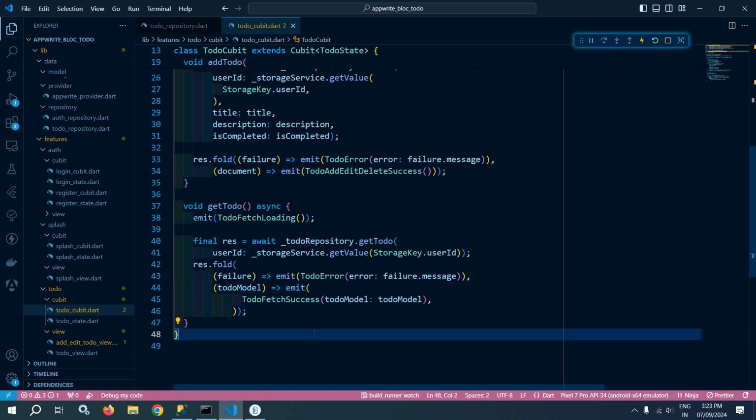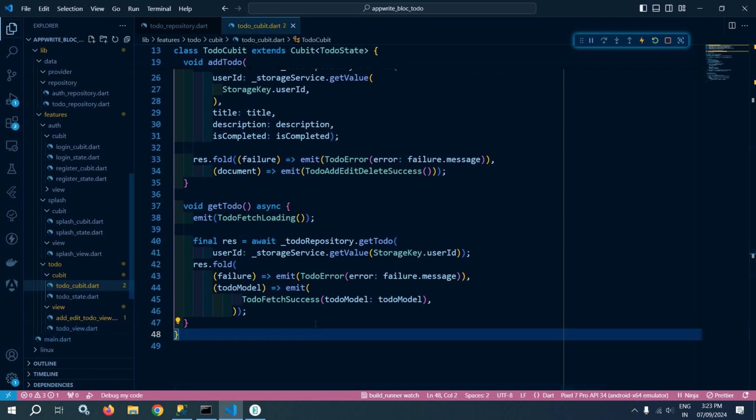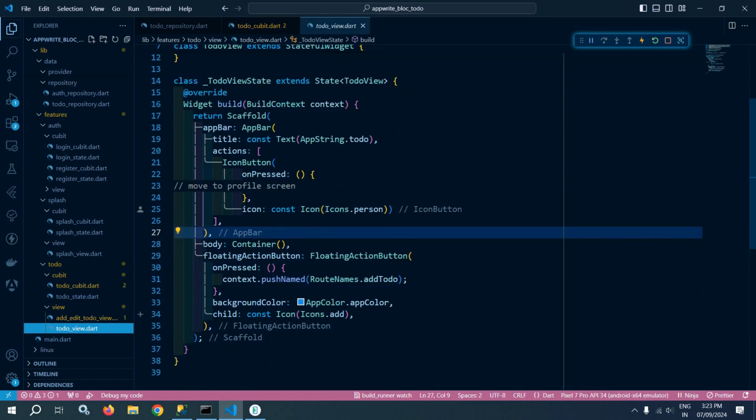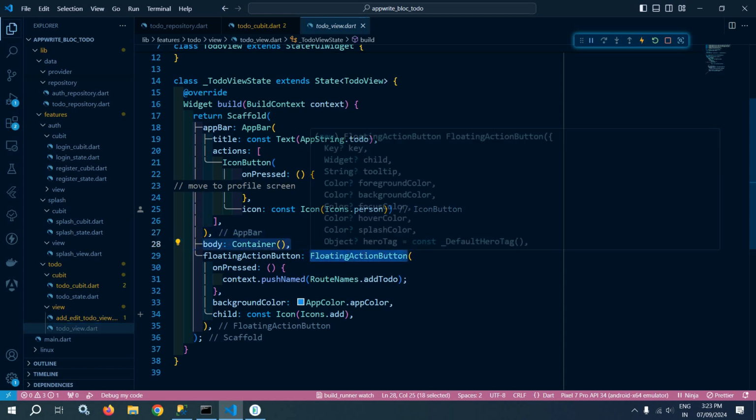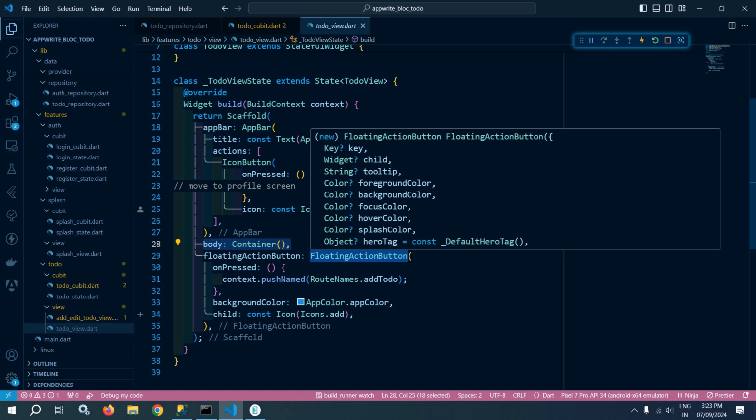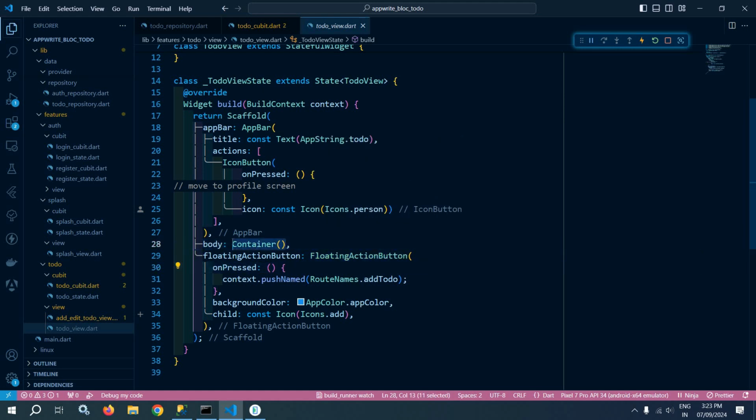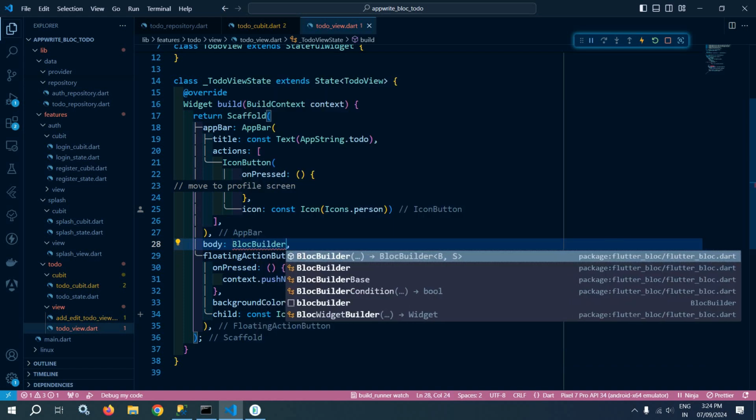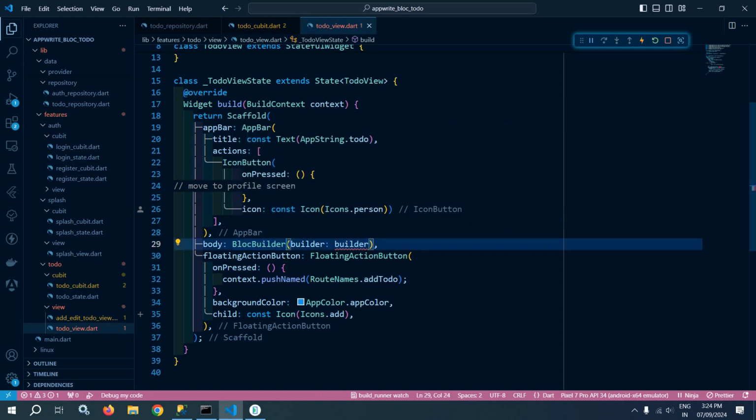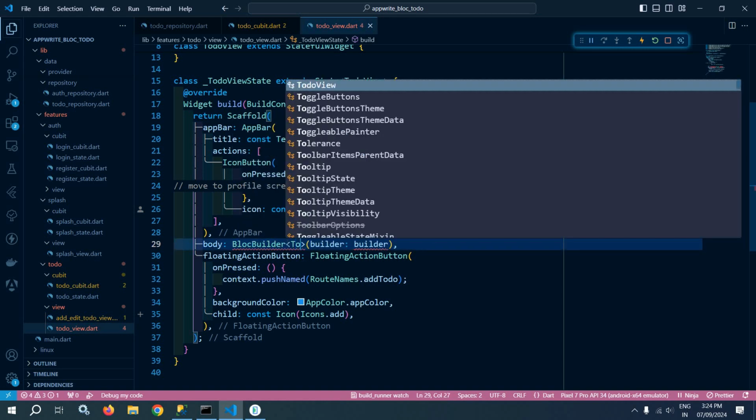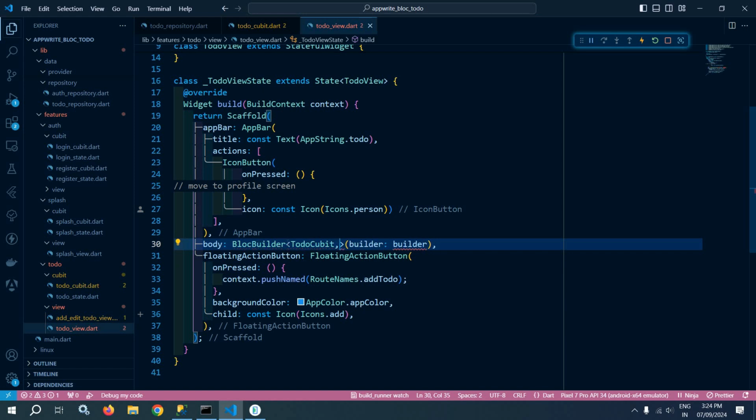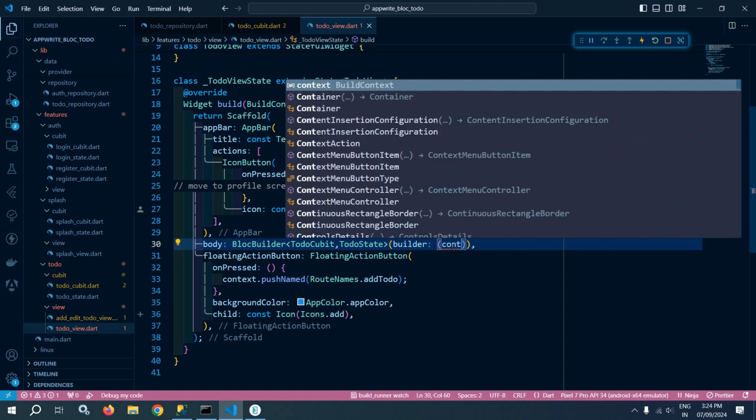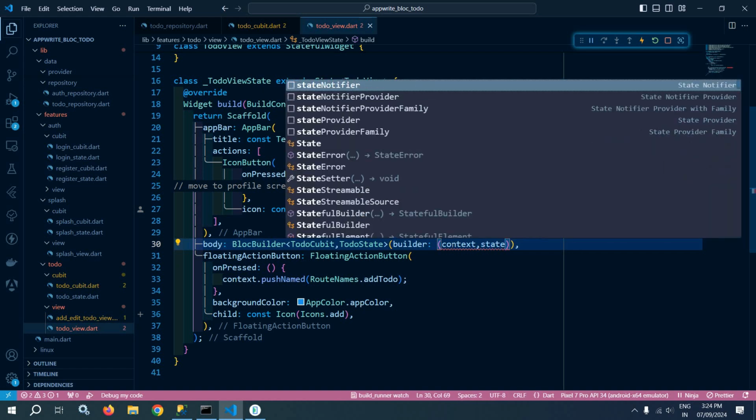Fine. Now after this I will move to the Todo View, and in this Todo View, if you remember, in the body initially I have used the container. Now I need to change this, and to change this what I will do is that here I will use BlocBuilder, and this BlocBuilder will actually take the type of Cubit, that is Todo Cubit, and here I need to pass the state as well, that is Todo state, and after that this builder which actually takes the context and the state,